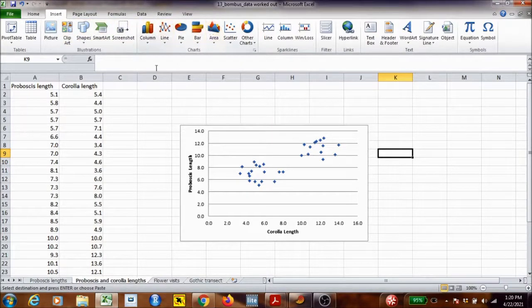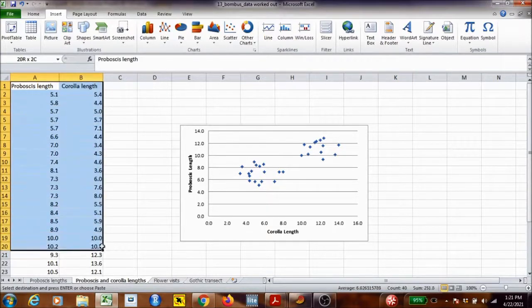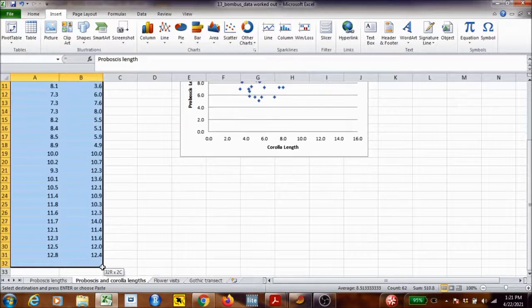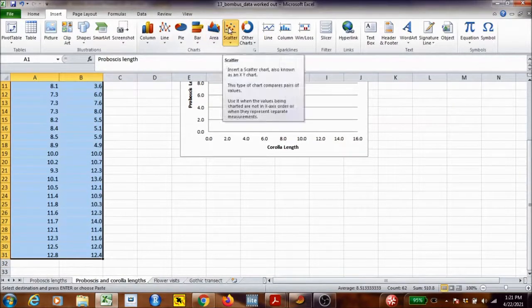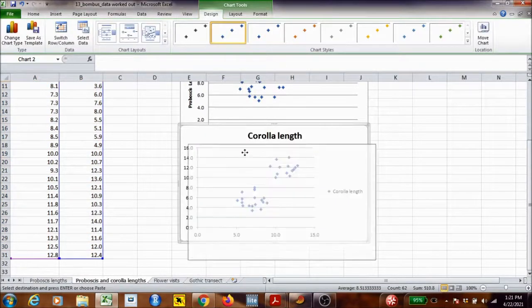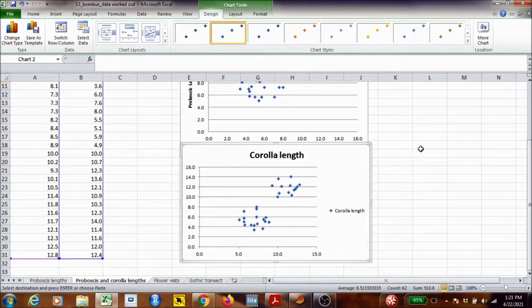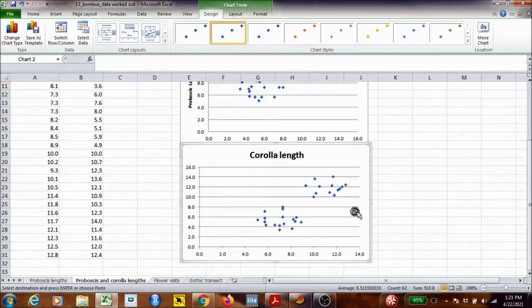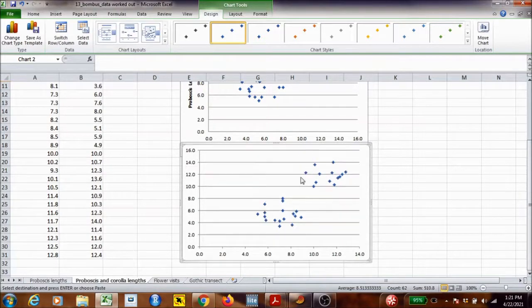Once we do that, let's go ahead and make another one here. So I'm going to highlight those two columns. Whoops, I guess I can't do that. I first have to click this. Okay, we're going to make a scatter diagram. There we go. And I don't like that at all. I'm just going to get rid of that, and I'm going to get rid of that right there. And this is